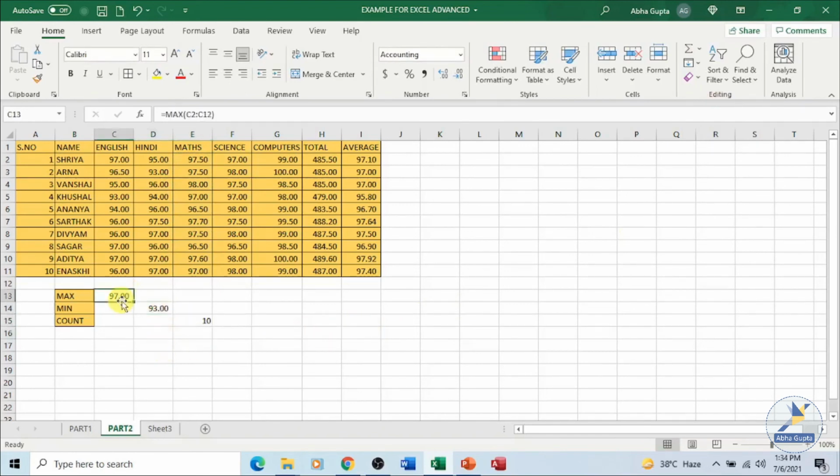So we can make use of the AutoSum command to calculate the sum, average, min, max. Same way, the way we were typing the inbuilt functions on our own, supplying the cell ranges to them, that can be done within clicks, within seconds. So this is the use of AutoSum function which we have discussed in part 2.